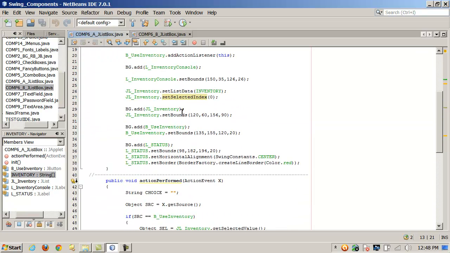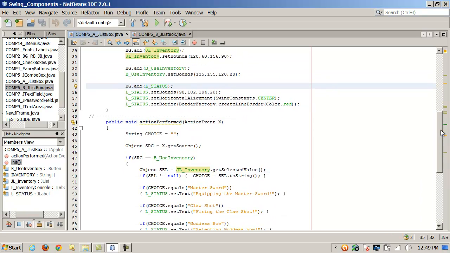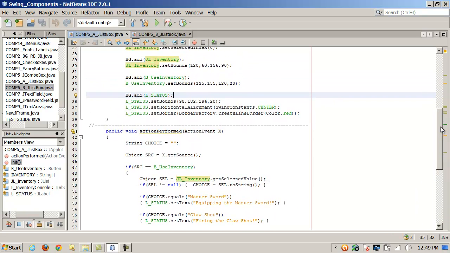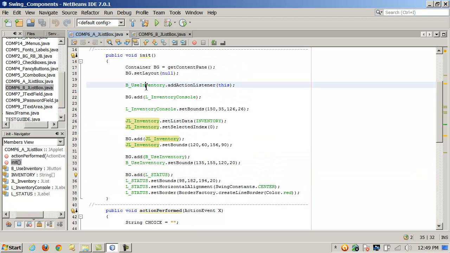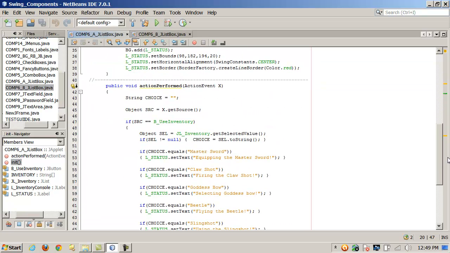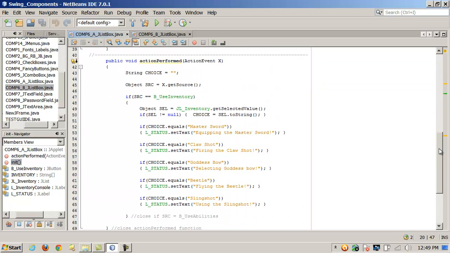Once we do that, we're going to add that to our JApplet. And then we're going to add our button. And then we're going to add status. Well, what we're going to listen for, what we've done is we've added ActionListener in this example to the JButton. Okay, so the event will be clicking that JButton. And in the event handler function, ActionPerformed, the action event that will get triggered, if the source happens to be our JButton, then we're going to get the selected value, okay, get selected value here,